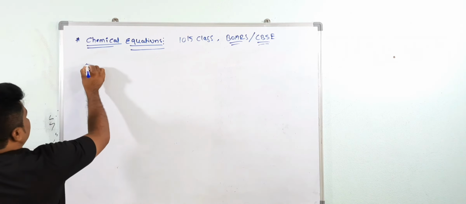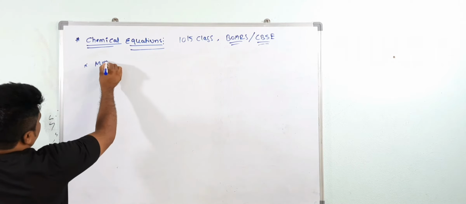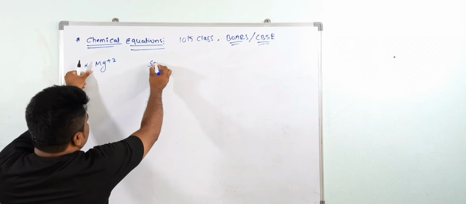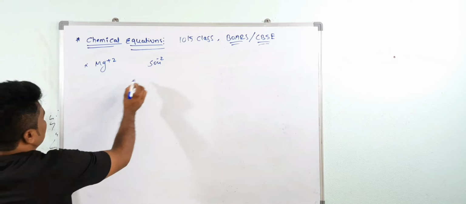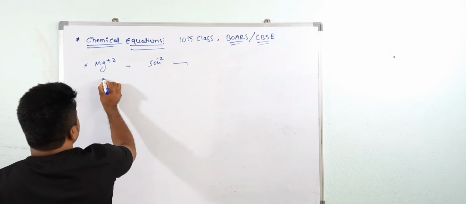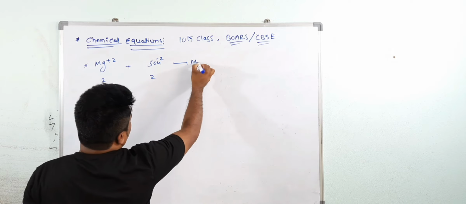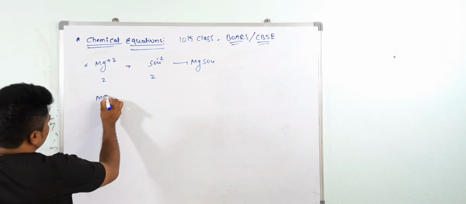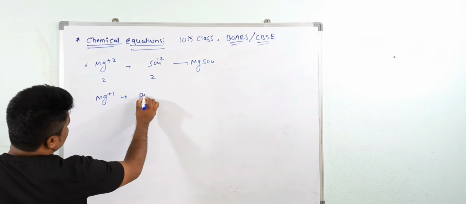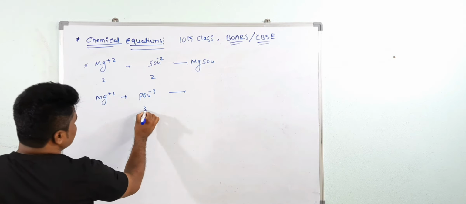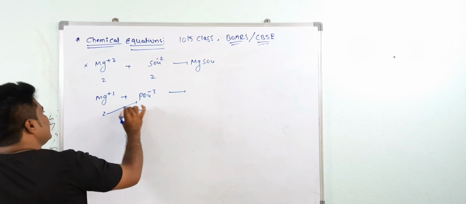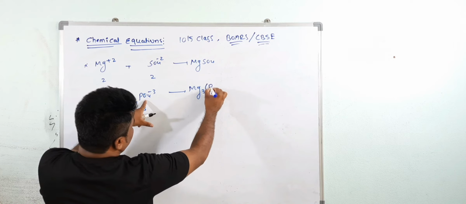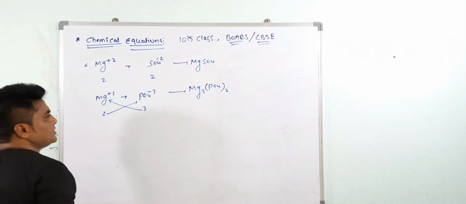Okay, now see, I am taking magnesium here, that is magnesium plus 2, and I want to prepare magnesium sulfate. What is the sulfate here? SO4 minus 2. The 2 is the same, so the valency is 2 and the valency is 2. The 2s get cancelled, so directly combine: MgSO4, magnesium sulfate. For example, magnesium phosphate. Phosphate means PO4 minus 3. Here the valency is 3, here the valency is 2. You write 2 here and 3 under magnesium. Now you will get Mg3. PO4 is a group of atoms, so in a bracket, with 2. This is magnesium phosphate.